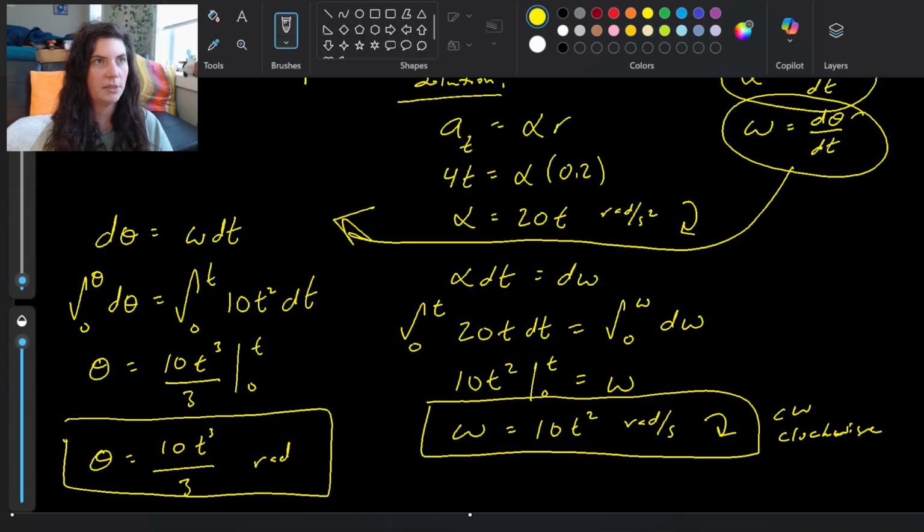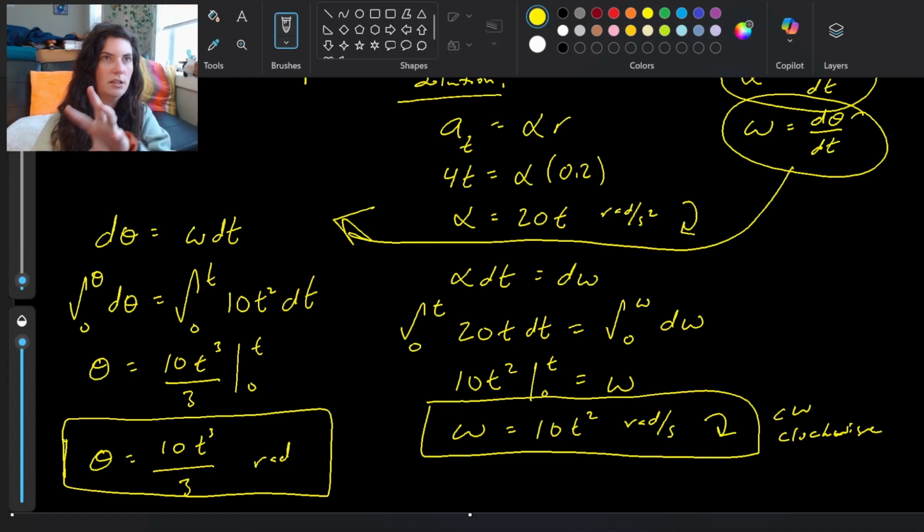So both of them kept their t's in their equations so that we can get these in terms of time. Right, we were finding that angular position and angular velocity in terms of time. So having these relationships within the angular acceleration and position and velocity themselves are helpful, but it's really, really helpful when you can swap back and forth between your linear accelerations, velocities, positions to your angular velocities, positions, accelerations, and